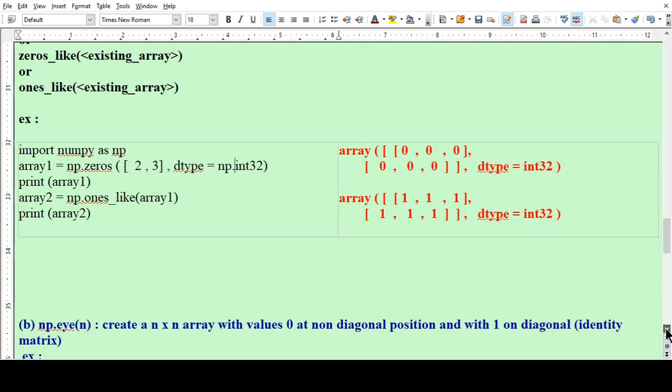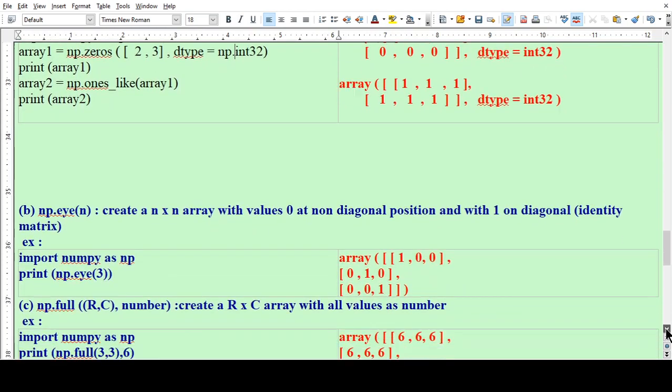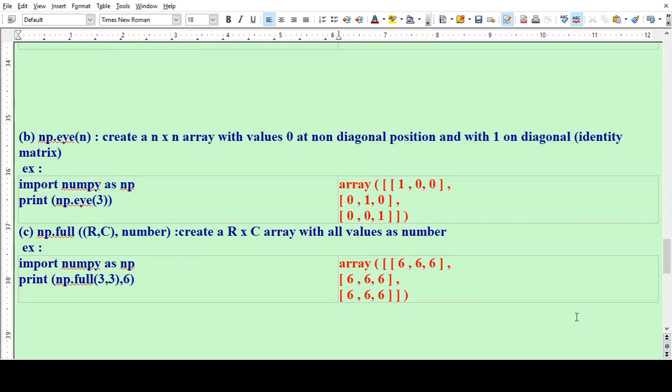Now see two more commands. np.eye(n). This statement creates an n cross n array with value 0 at the non-diagonal positions and with 1 on the diagonal: the identity matrix.